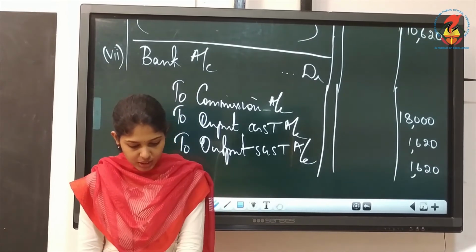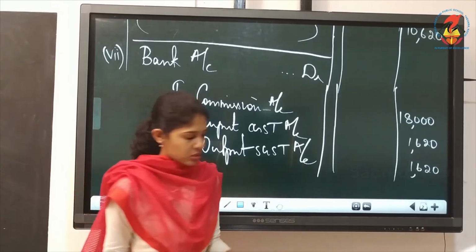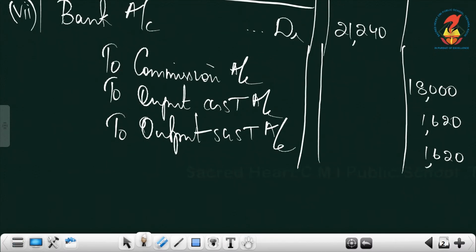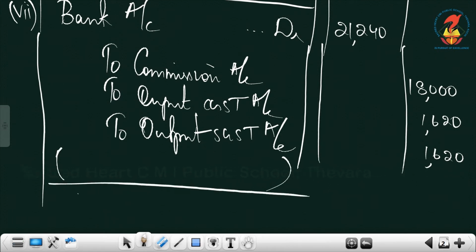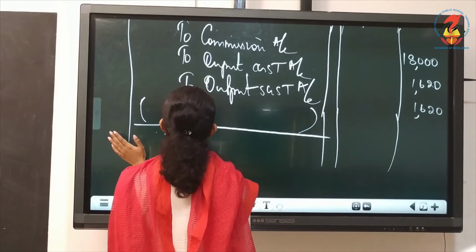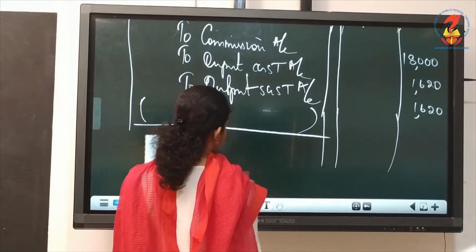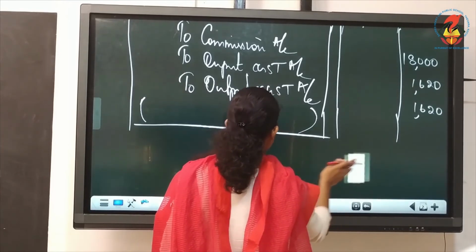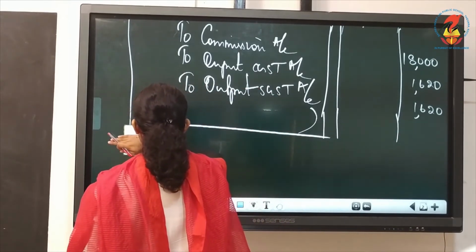Yes, so here it is 9% we wrote. Yes, so altogether the debit side is 21,240. You write the narration. The narration can be commission received and GST collected. You can write, not charged. Charge means we are paying. Here we are collecting GST. Now we can close this. Journal entries are over. Now we can close.